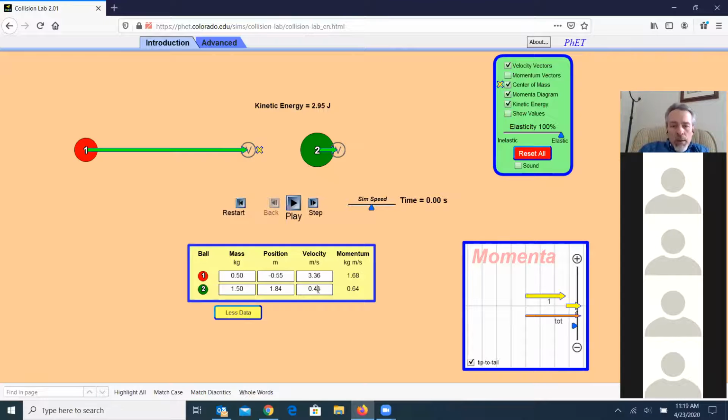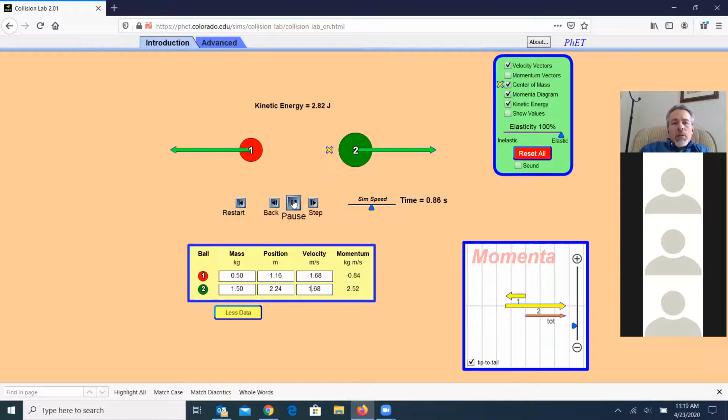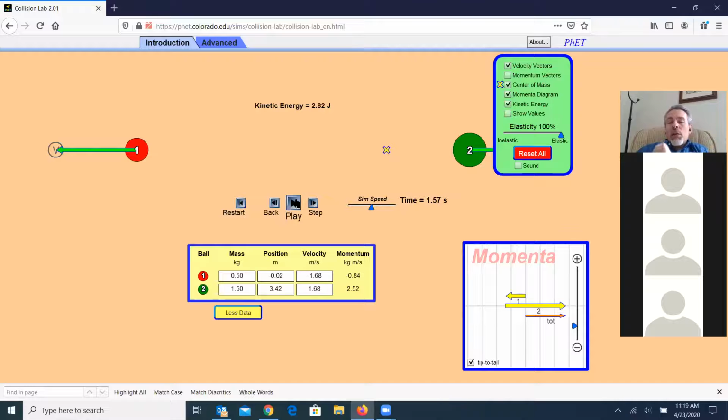Okay, the last one, I'm going to have this be 0. Play. Before the collision is 2.82. After collision, it's 2.82. So not only do they bounce, but the most important thing is the kinetic energy doesn't